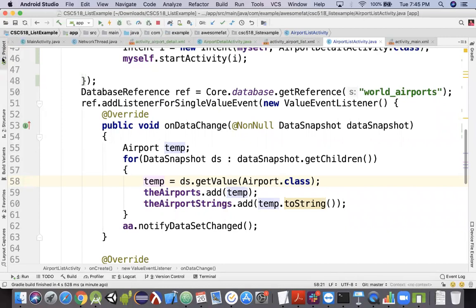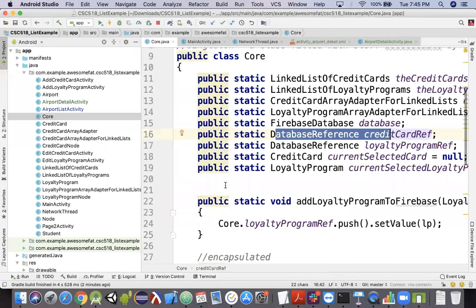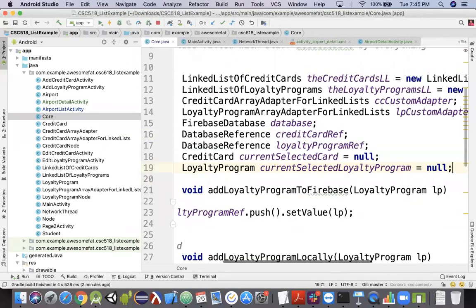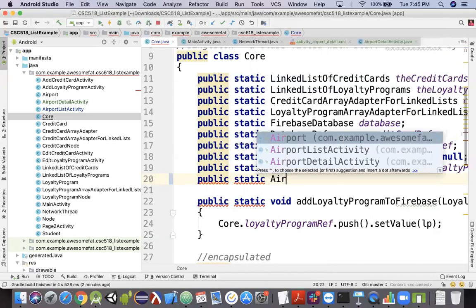Even though we can make the argument that using the singleton for sharing information with one screen maybe isn't the best idea. So I'm going to come here into the singleton. We'll say public static Airport